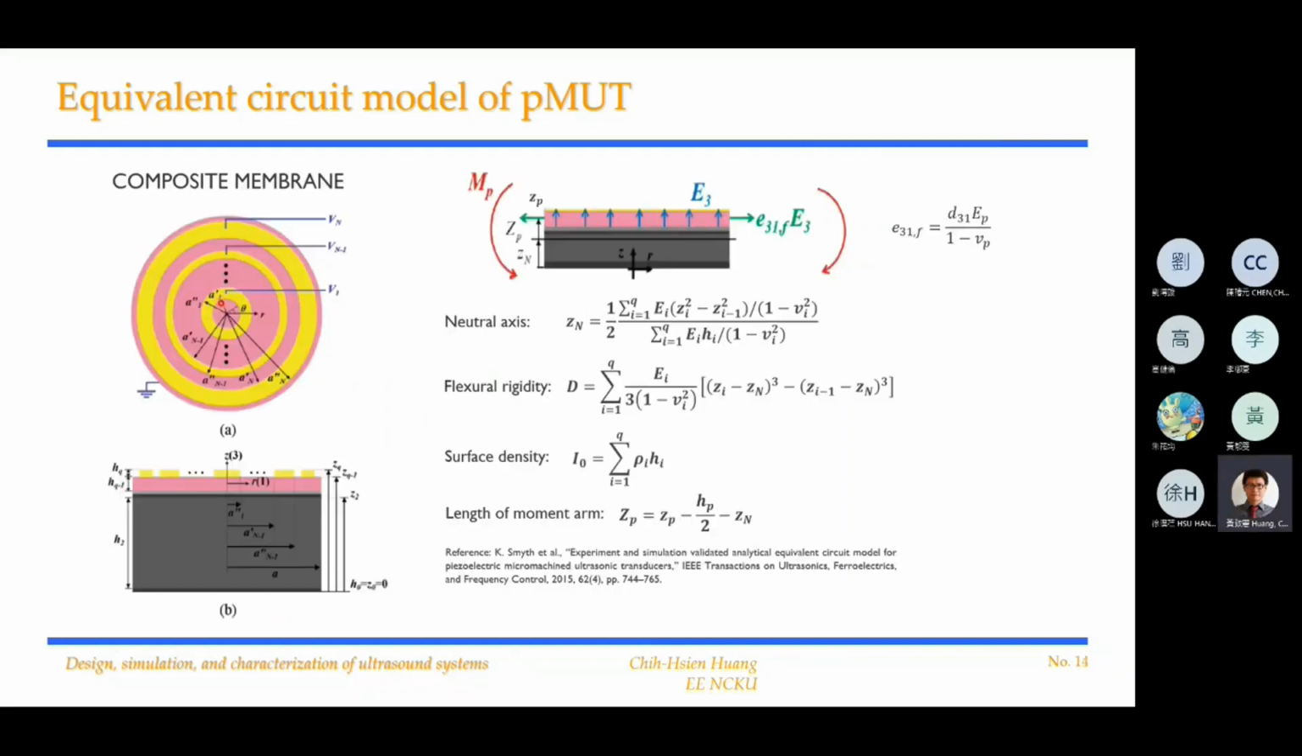So after introducing the domain conversion part, we'll keep going on how to generate the equivalent circuit model, or PMOD. Okay, so